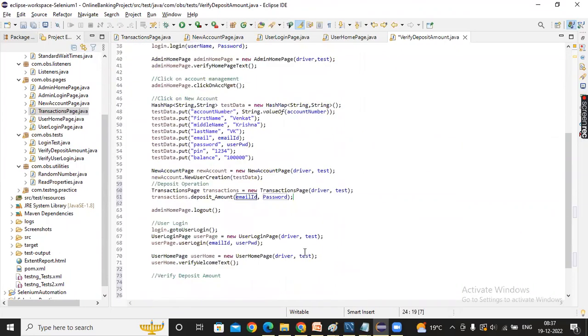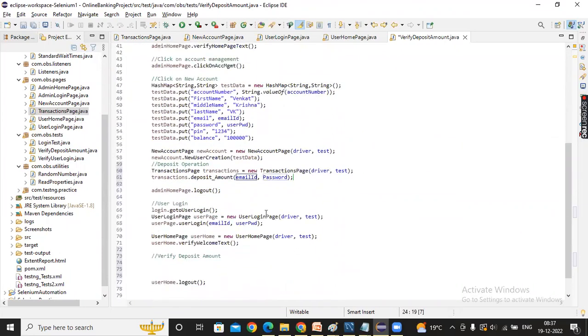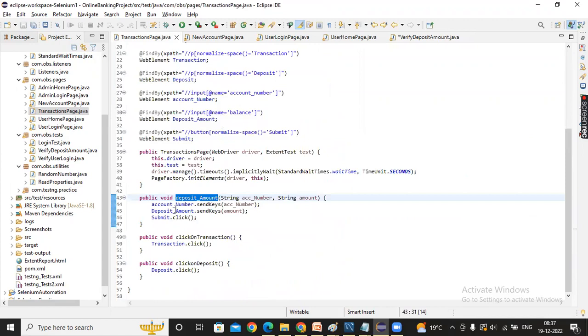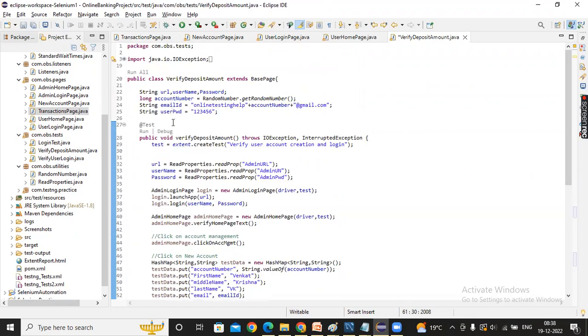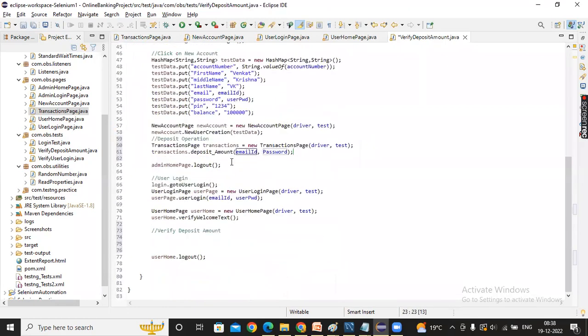Deposit amount, guys. While depositing, what are all the things we need to pass? Go to this method and you will understand. You need to pass the account number and the amount. Now come back. What is your account number? This is your account number, right? So you need to pass the account number